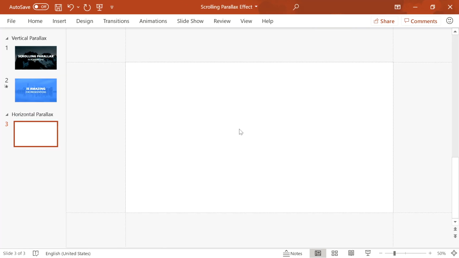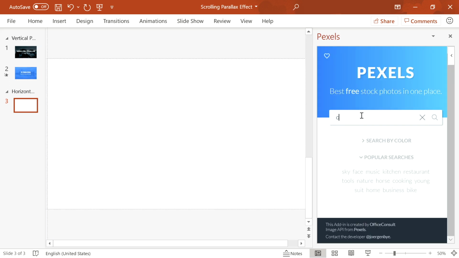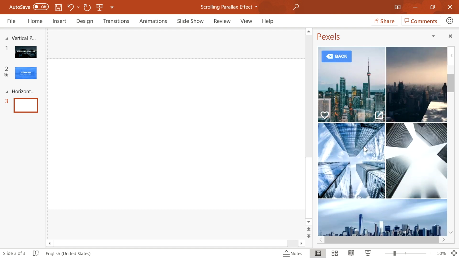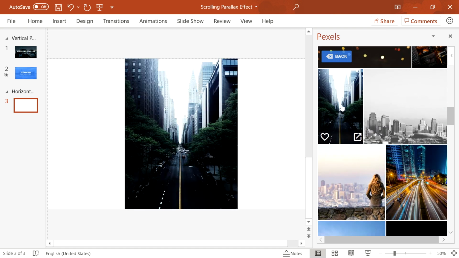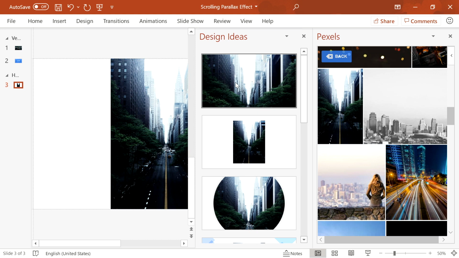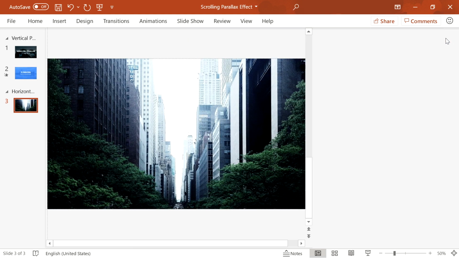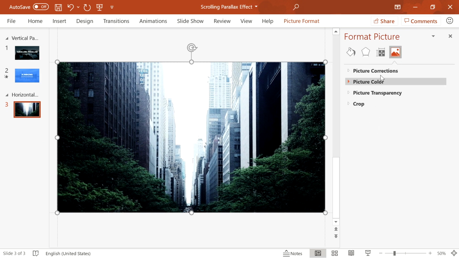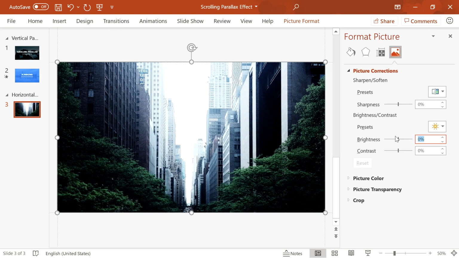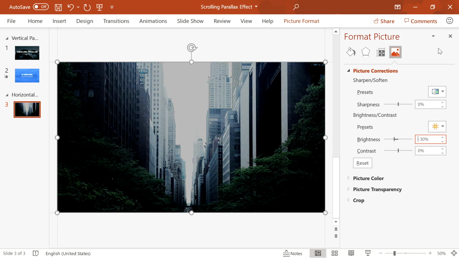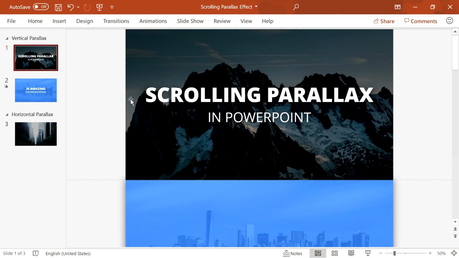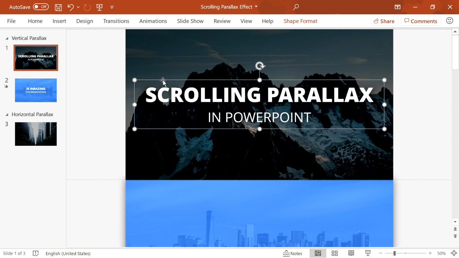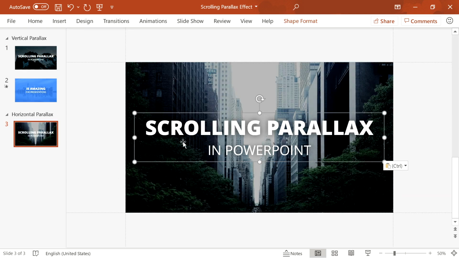For the horizontal version of the Lazy Scroll Parallax effect, the approach is pretty similar. We start by building two separate sample slides. First, we insert another beautiful background picture from Pexels, decrease the brightness, which is something I recommend to do if you work with white text in the front layer like I do here. Then let's copy over the text elements from the previous slides, but for the horizontal parallax